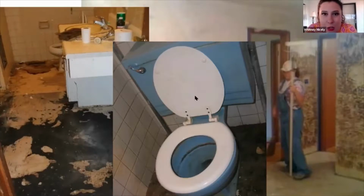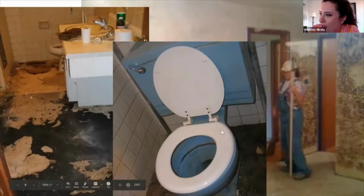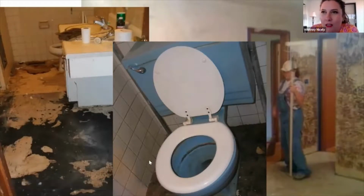I didn't say this earlier, but I want to point it out to you now. This was carpet. And you can still see the carpet right here in this bathroom. That'll help you identify the stink that we were dealing with in this house. All right. So no, this isn't the worst house that I've seen. And no, these aren't the worst pictures of this house that I have, but there's a whole lot of lessons